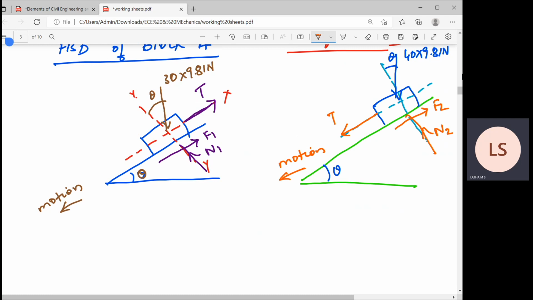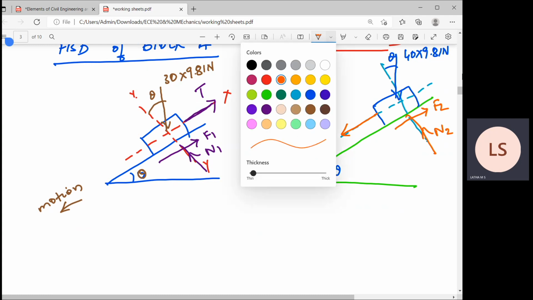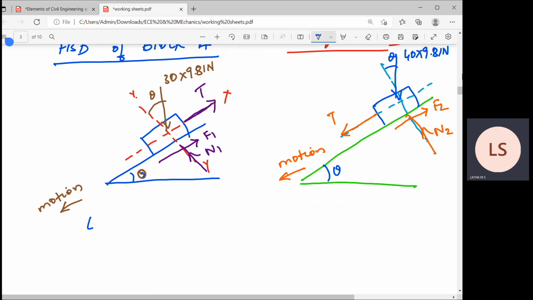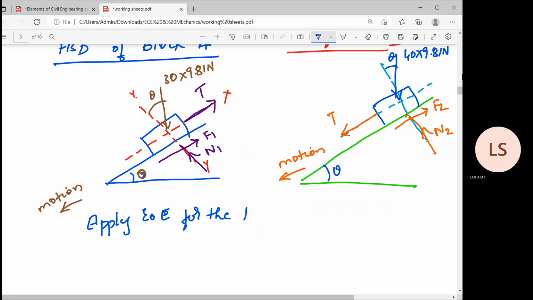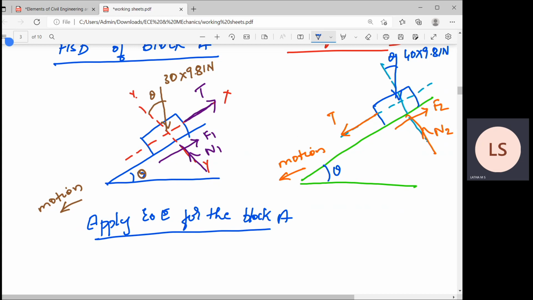Now we can write the equations of equilibrium for the block A. First we'll write the free body diagram. Sorry, apply equations of equilibrium for the block A. For the block A. Okay, so at first